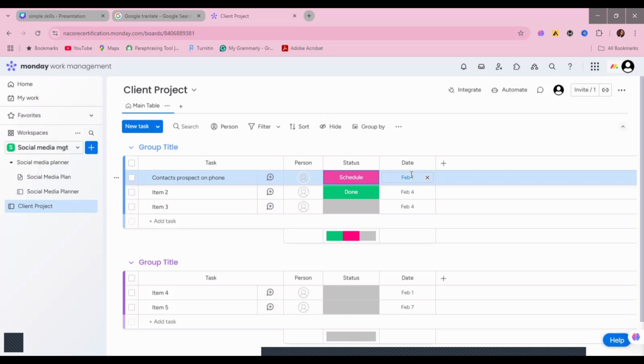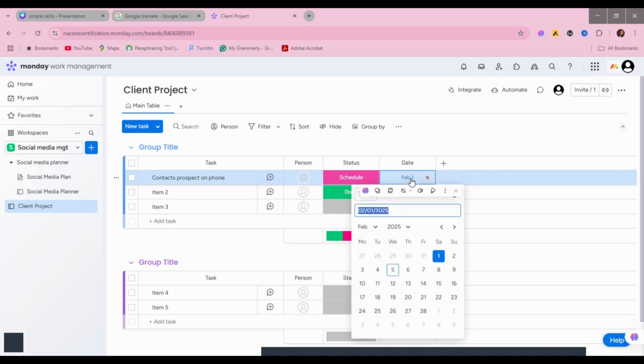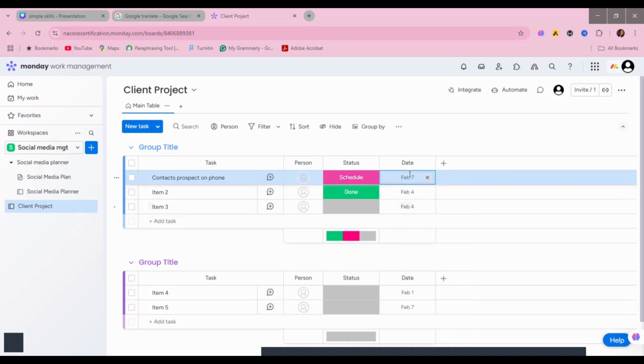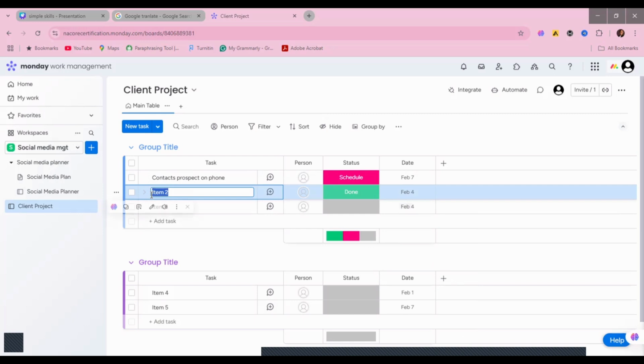Then I'll just do what? I will select dates that I want to start working on it. So let's say I'm picking this date. Okay. That's the date I schedule it for. I can add some details, okay, if I want files or phone numbers or whatever. So I have scheduled one task. I'll move on to the next task. So the next task can be, for me, to create